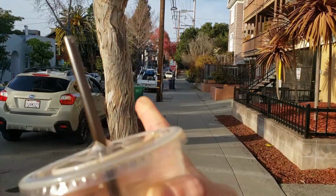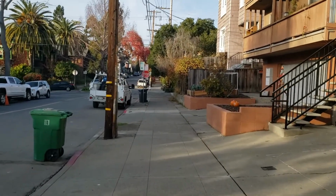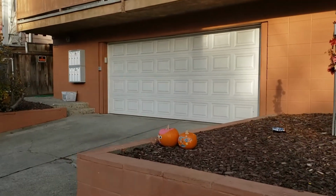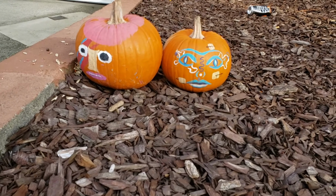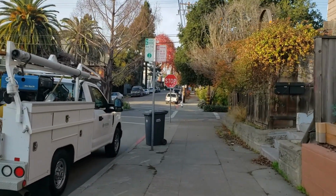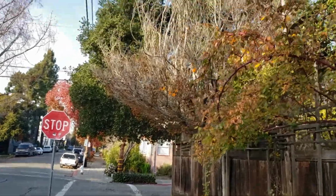There's me trying to identify if that's a eucalyptus tree, but I'm pretty sure it is. The one bad thing right now, as you can kind of see on the left, or with this truck too, is there's a lot of construction still. Oh, these people left their cute little pumpkins out. We have a lot of construction in our neighborhood making noise, but that's really the only negative thing I can say that affects me on the daily. Besides that, I get to see cute orange flowers like that,